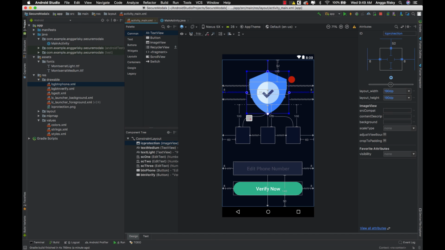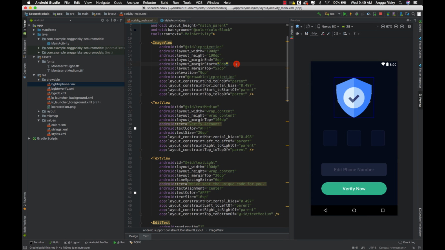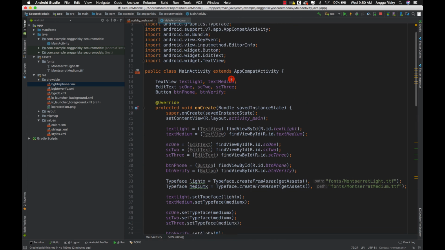Yeah, okay, cool. And we don't want to see this. Wait, I think I have to make it 200. Okay, it's a little bigger. I don't want to see this picture, so I have to set it automatically in the Java.